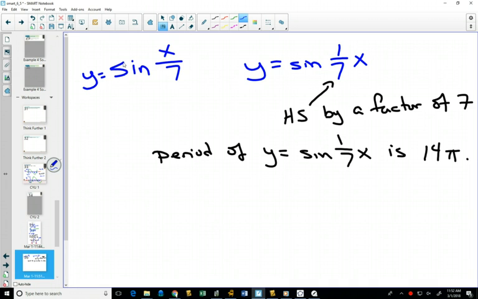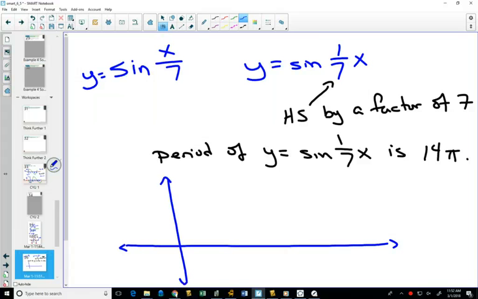As a result, if I wanted to graph this, again, our technique for graphing will be to use our amplitude to mark our maximum and our minimum. And since there is just a 1 out in front, that value out in front will always be our amplitude. Our amplitude will be 1. So we go from our center line, which is at 0, go up 1 and down 1. Then we're going to use whatever's in front of x to help us figure out the period. The period in this case is 14 pi, so pick an arbitrary place, mark 14 pi, divide it into 4